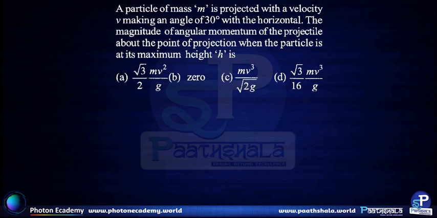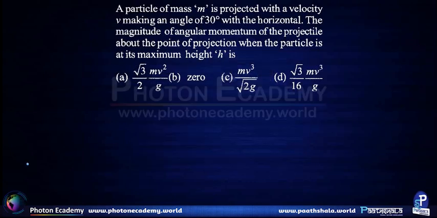A particle of mass m is projected with a velocity v making an angle of 30 degrees with the horizontal. The magnitude of angular momentum of the projectile about the point of projection when the particle is at its maximum height h is to be calculated. So let us say this is a point of projection, and when the particle is at its maximum height, this